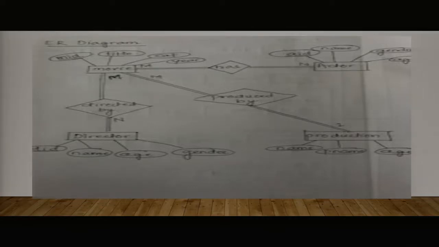Okay, so which three tables do we have to use? We definitely have to use the movies table, then the director table, and then the producers table. So let me just point out to you. If you can just see, title and category are here, and the director name is in the director table, and the producer name is here. Okay, so there are three tables involved.